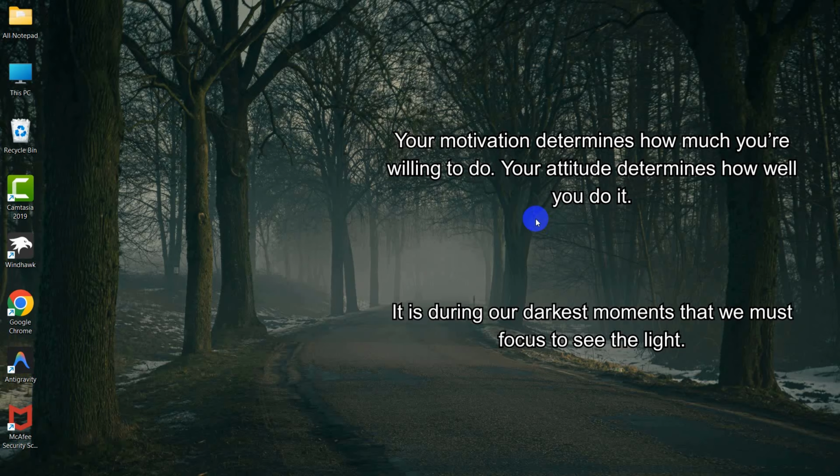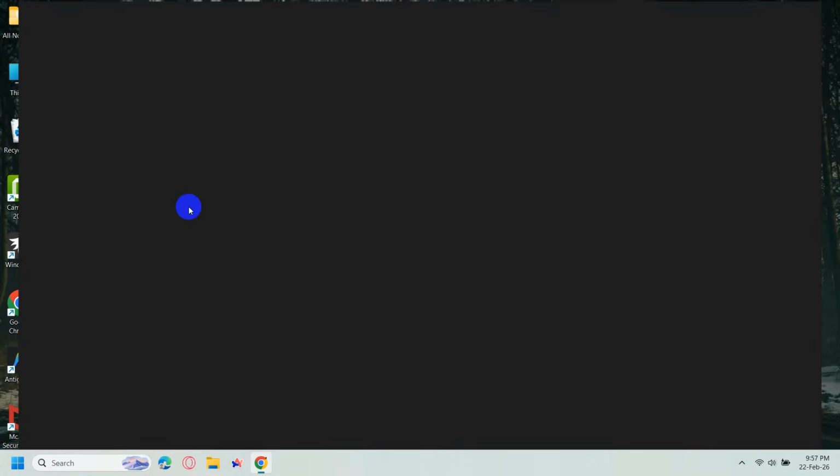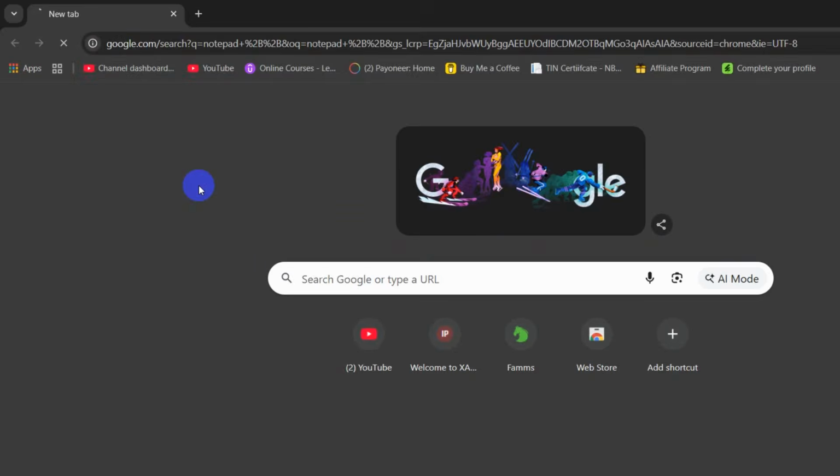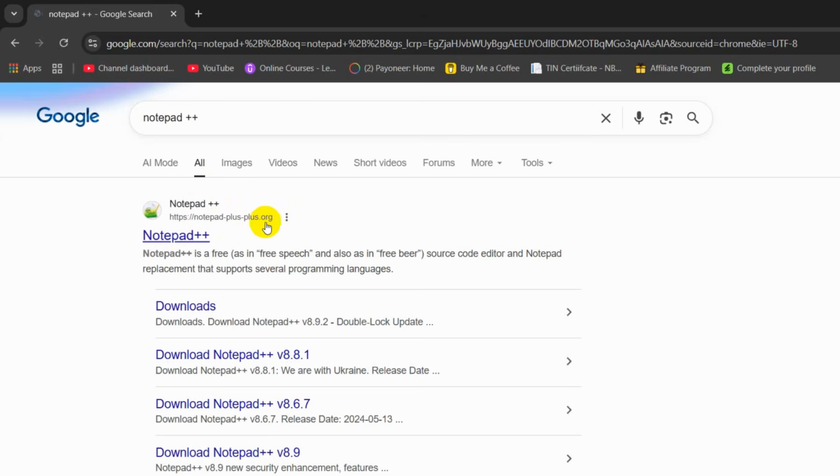In this tutorial, I am going to show you how you can install Notepad++ on Windows. So for it, just open any browser and in the browser search for Notepad++, then press enter, and here you can see notepad++.org. So you need to click here